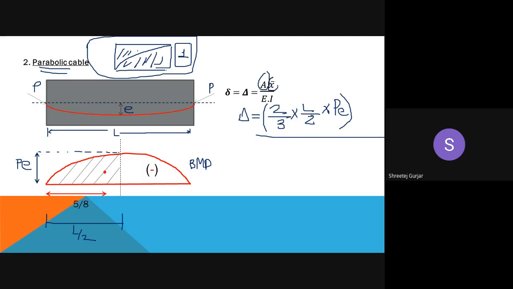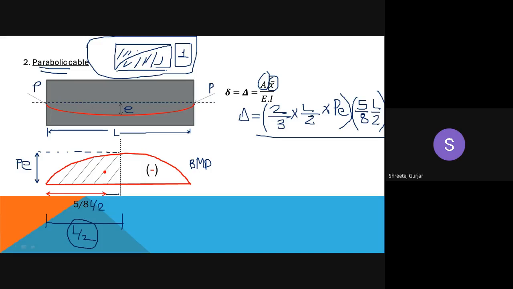Now what about X bar? I have written over here, this is 5/8 of L/2. So tell me X bar. It is on your screen, just read it. 5/8 of L/2, right, because this distance is L/2, it is not L. If it was totally L, we would have taken 5/8 of L, but because it is L/2, you have taken 5 by 8.